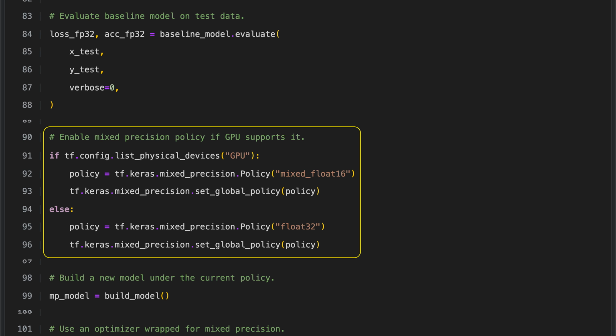The code first checks whether a GPU is available in TensorFlow. If a GPU is found, it sets a mixed precision policy that uses lower precision floating point numbers where possible to speed up computation on compatible hardware. If no GPU is detected, it instead uses standard single precision to maintain compatibility and stability on CPU-only systems. This global precision policy is then applied so that the entire training process automatically uses the most appropriate settings for